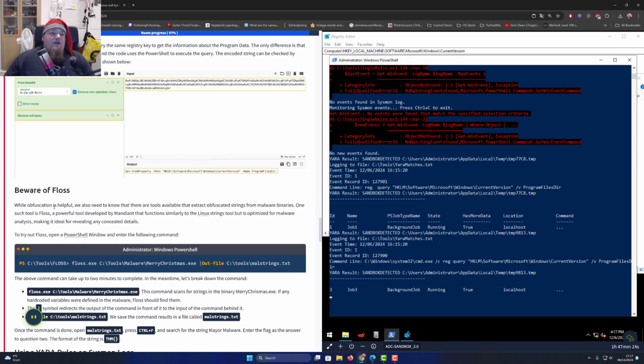Beware FLOSS. While obfuscation is helpful, we also need to know that there are some tools available that extract obfuscated strings from malware binaries. One tool is FLOSS, a powerful tool developed to function similarly to the Linux strings tool, but it's optimized for malware analysis,